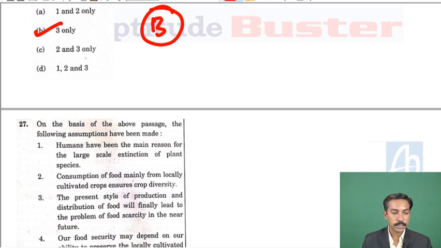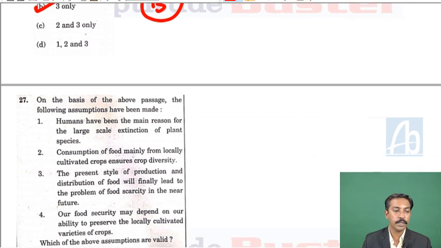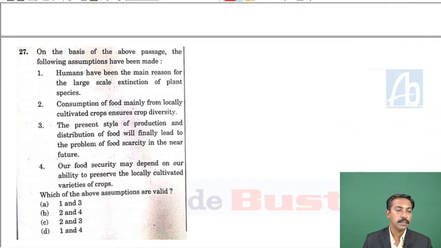Question number 27. On the basis of the above passage, the following assumptions have been made. Statement 1: Humans have been the main reason for the large-scale extinction of plant species. Statement 2: Consumption of food mainly from locally cultivated crops ensures crop diversity. Statement 3: The present style of production and distribution of food will finally lead to the problem of food scarcity in the near future. And statement 4 says our food security may depend on our ability to preserve the locally